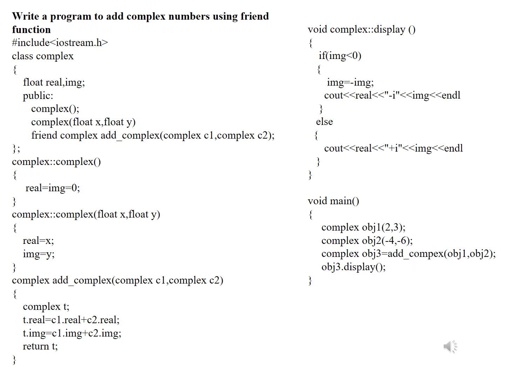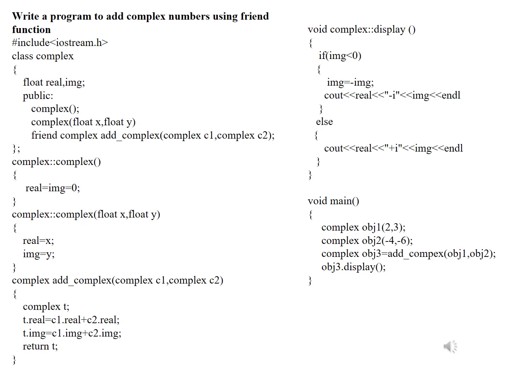Complex t. So t is an object of Complex. t.real = c1.real + c2.real; t.image = c1.image + c2.image; return t. So you are writing the Complex object as a return. And void Complex::display() { if (image < 0) { image = image - image; cout << real << "-i" << image; } else cout << real << "+i" << image;